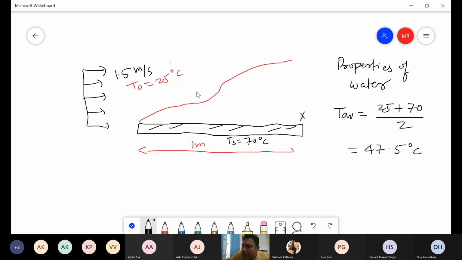Otherwise we have to look at the variation in the properties as well in addition to our analysis. So that we have avoided here by using the average temperature. Okay. So properties of water at